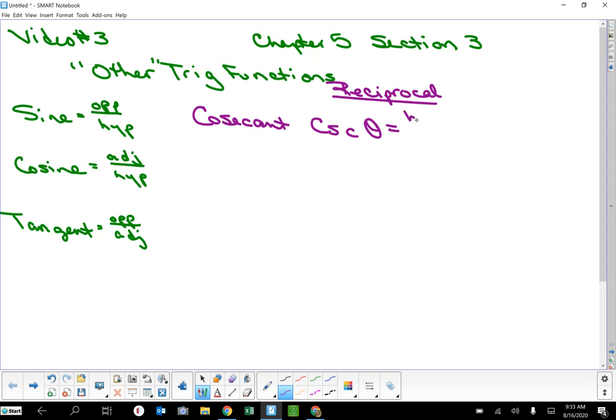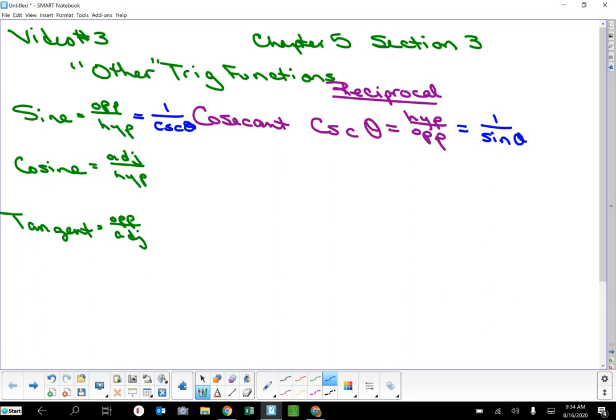So it is hypotenuse over opposite. All right, which also means you could represent cosecant as 1 over sine, which also means you could represent sine as 1 over cosecant. So I just want to throw those out there so that you guys are familiar with